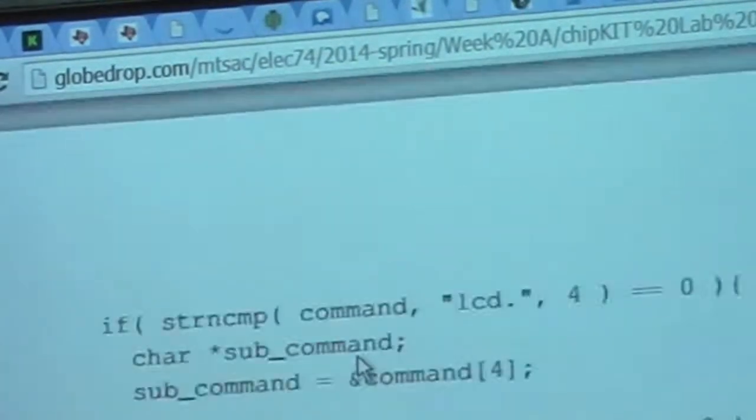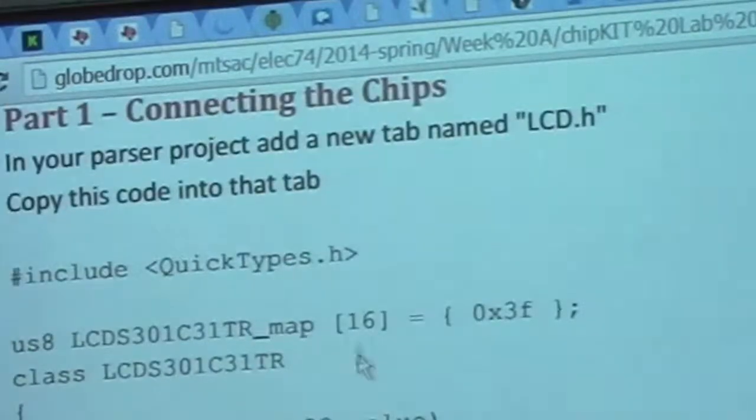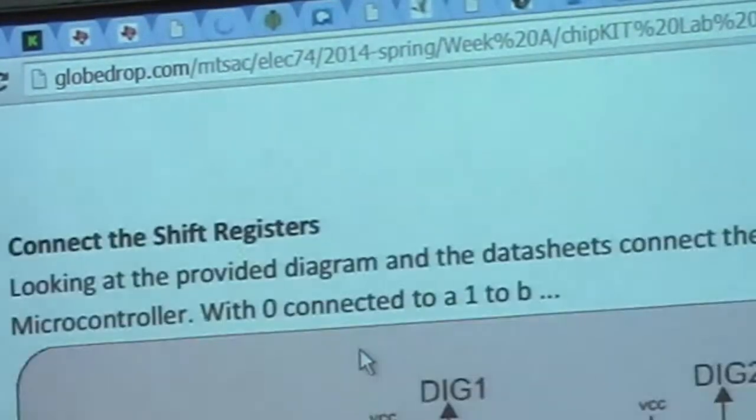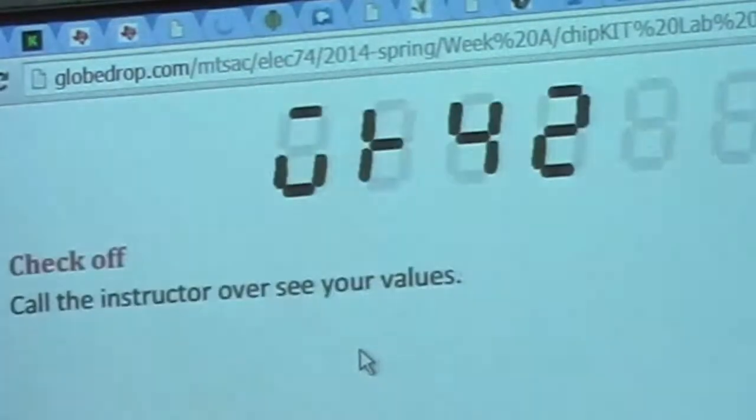We'll do that, and I'll look at the code a little more in depth on Wednesday. And then I think I